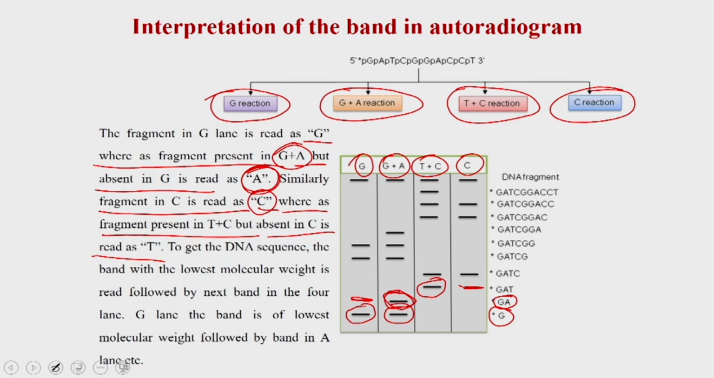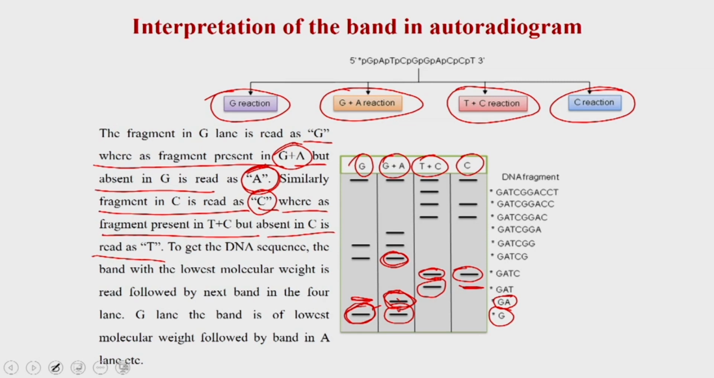Now, in the 4th lane, if you have a band in both the lanes, it is going to be C. The same is true here. In this case also you go in the reverse orientation, which means this is going to be the last nucleotide, then the second last, and so on. So, that is how you are going to interpret the DNA sequencing results from the Maxam Gilbert method,